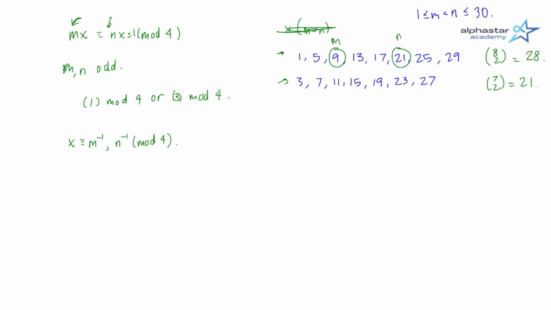Okay. But what about the case that we didn't talk about yet? In other words, m and n are both even. Well, if m and n are both even, then notice that we can just divide out a 2, right? Because remember that x can be any real number. So if there exists an x such that 2x is, for example, 6x mod 4, or is 1 mod 4,